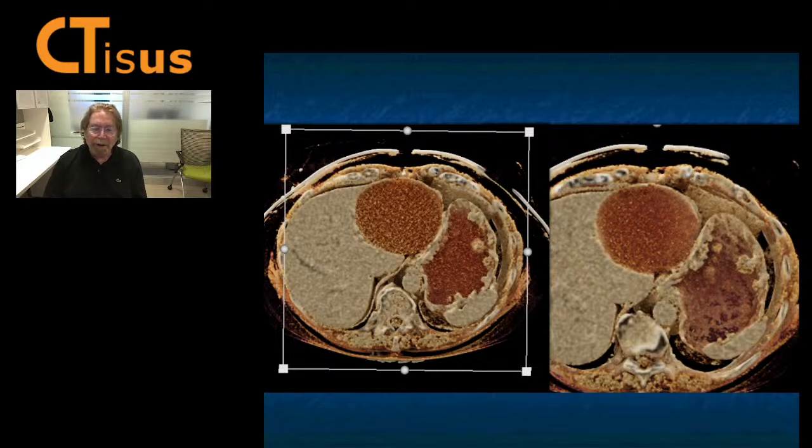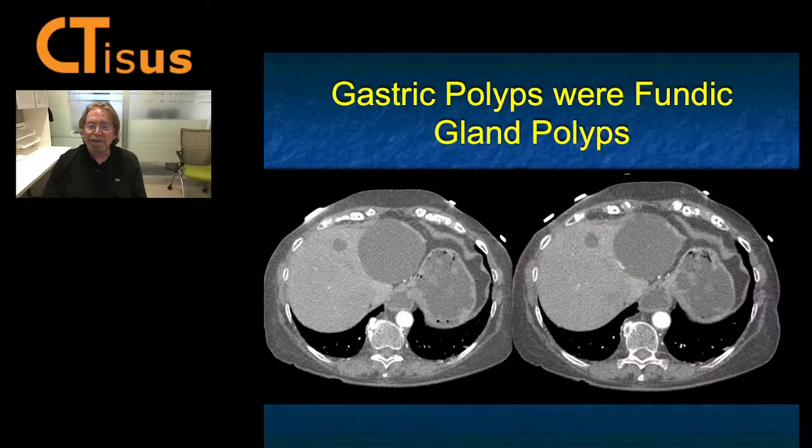If you have multiple polyps, what are you thinking about? Again, polyposis syndromes come to mind, multiple adenomas come to mind, carcinoid tumors would come to mind if these were vascular, and they're not. And there are benign polyps. There's an entity called Fundic gland polyps, and that indeed, if I go back,